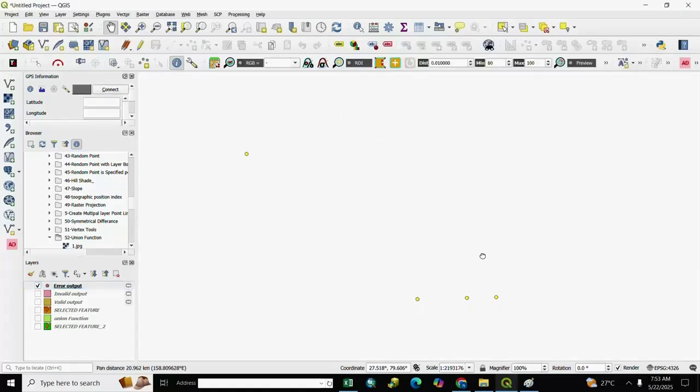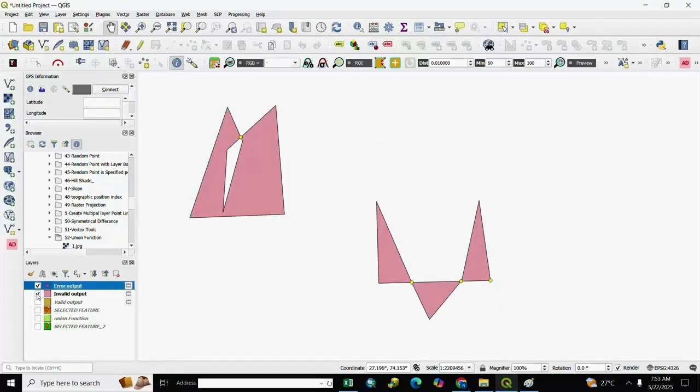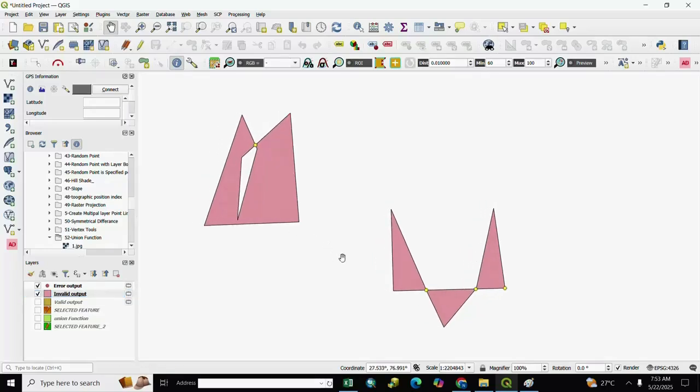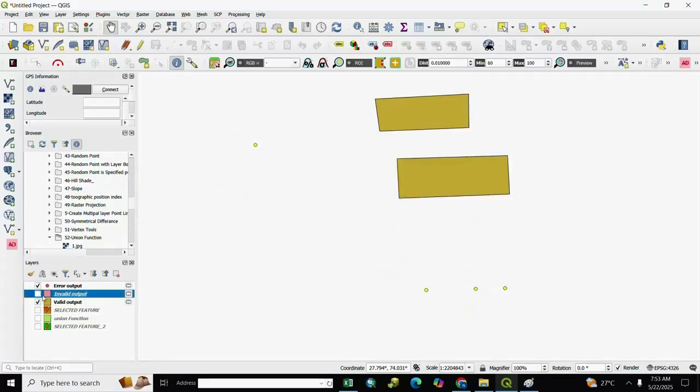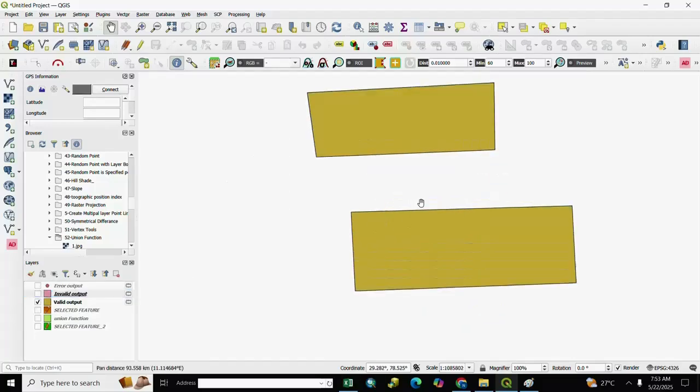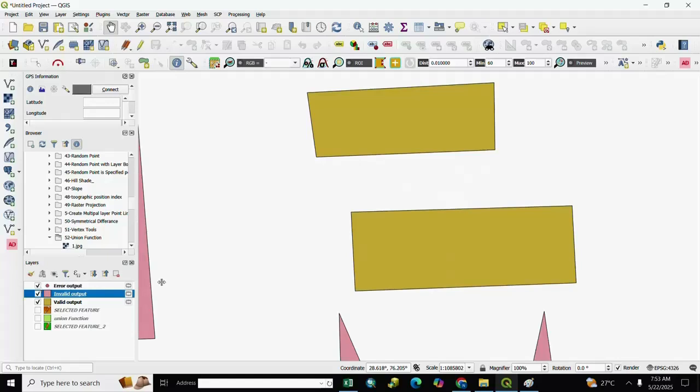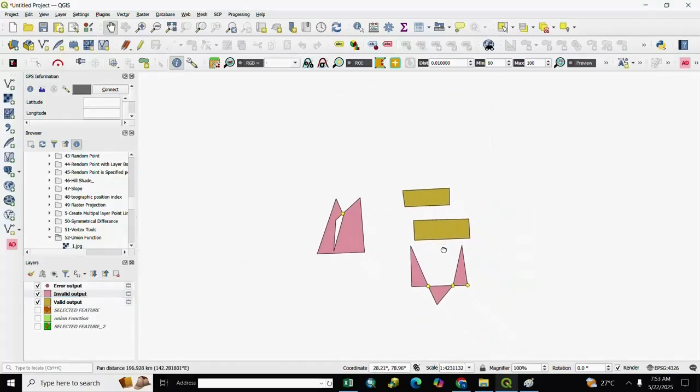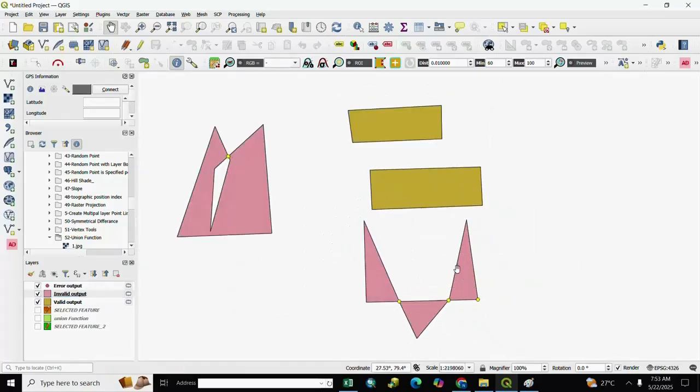You see here the output error point, and you see here invalid output. Here is the invalid output for your polygon, and here is the valid output. You see here all areas, meaning all features, valid features and invalid features, and output.